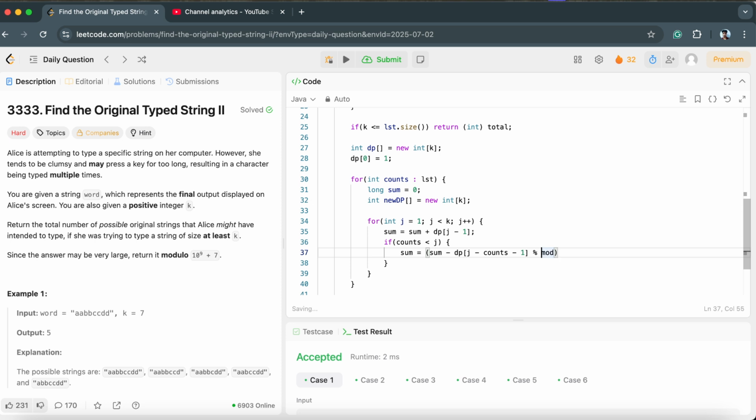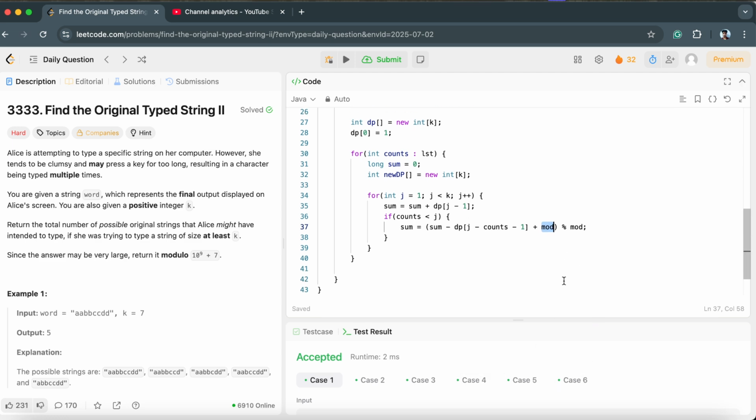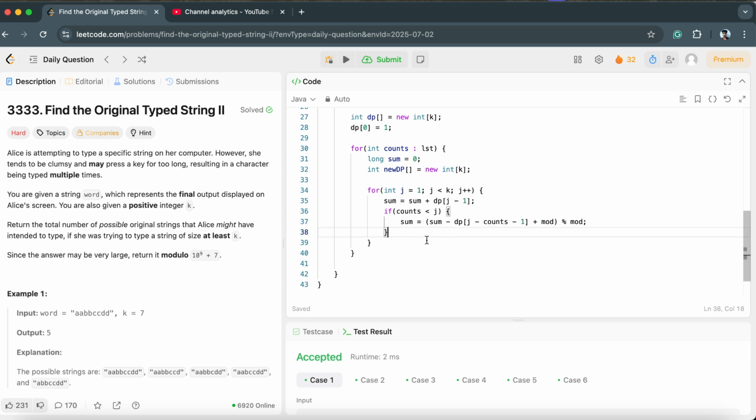Modulo is something I'll add. Before adding modulo, let me add the mod here, because sometimes this value may go negative as well. So yes, we have taken care of all the different values. I tried running it without mod and got some errors, that's why I have added these mods. So this is done. Now this way we will get all the values, and let me update this new dp